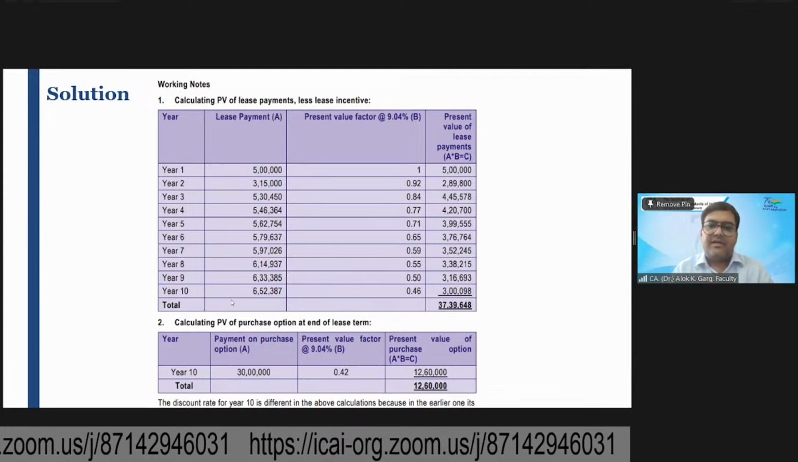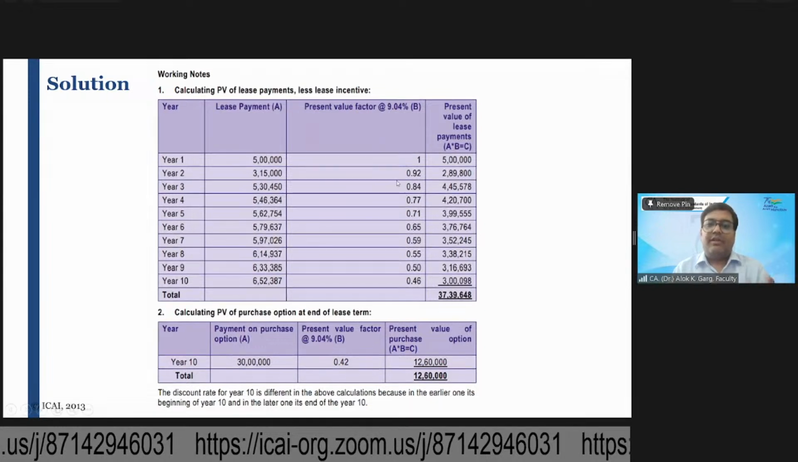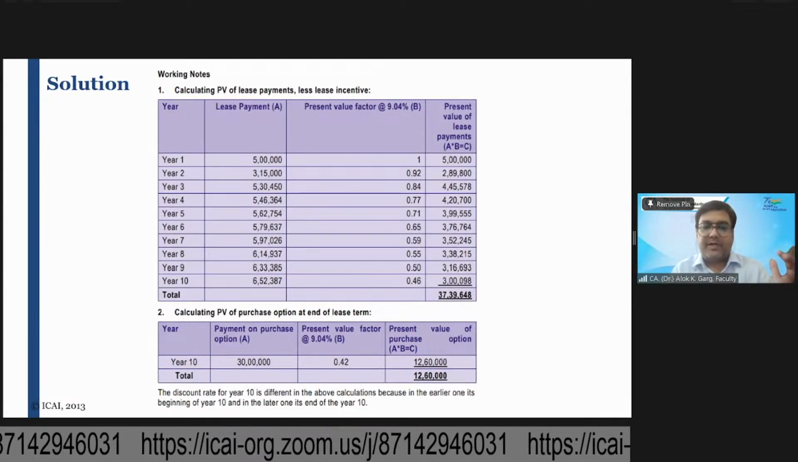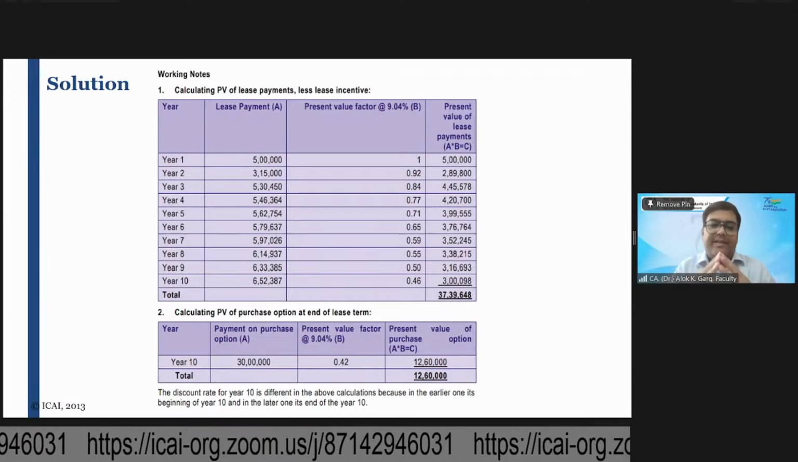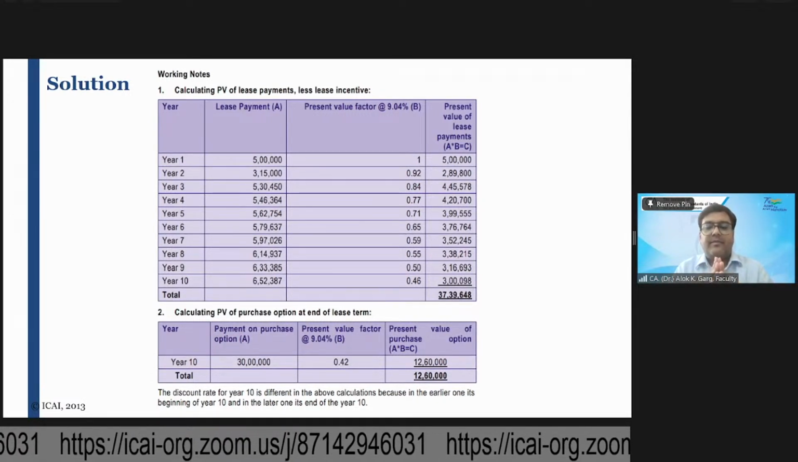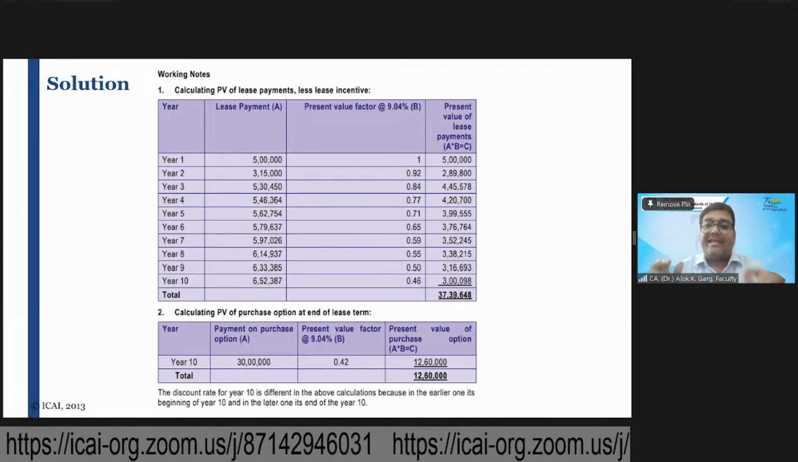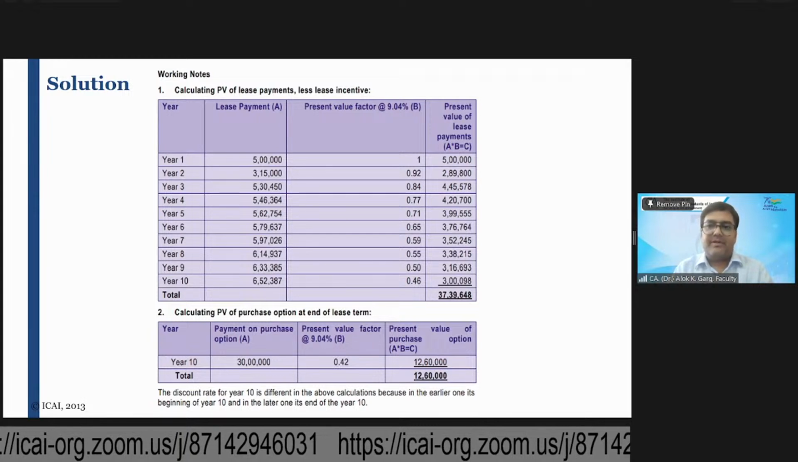Rajiv is asking, sir, can you please summarize whatever you have taught so far? Can you please summarize in particular steps? Yes, I can do that. So friends, first of all, while looking at a lease contract in your practical life and in your examination question paper as well,